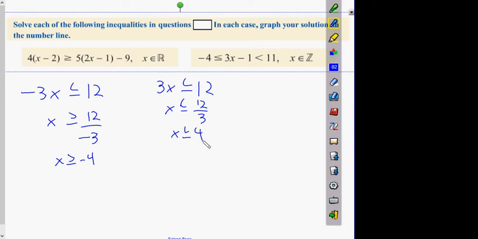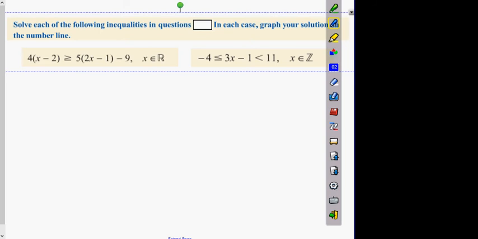Doesn't turn around by this one because you're dividing by a plus number. That's always the same. Never changes. So lads, we're going to multiply this out. X element R means that you're going to be shading in the lines. Okay? So this is the actual question. 4 by x, 4 by minus 2. 4x minus 8 less than or equal to 10x